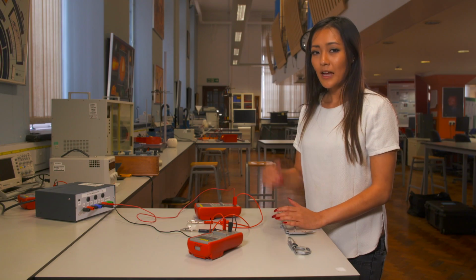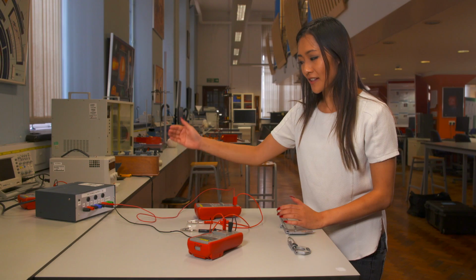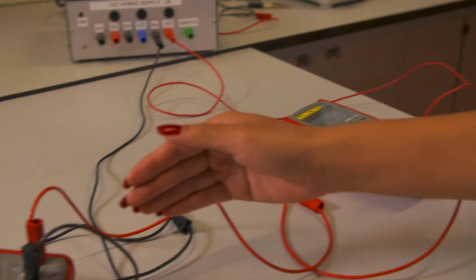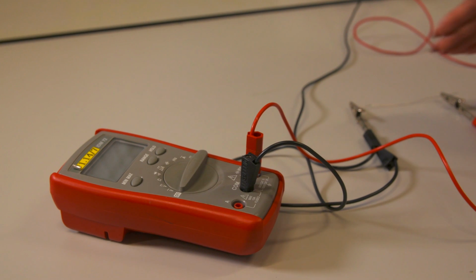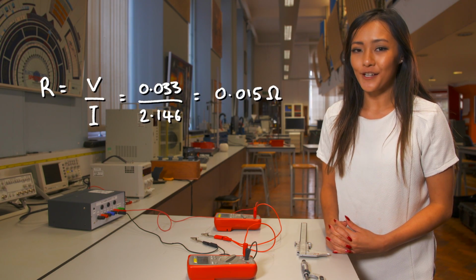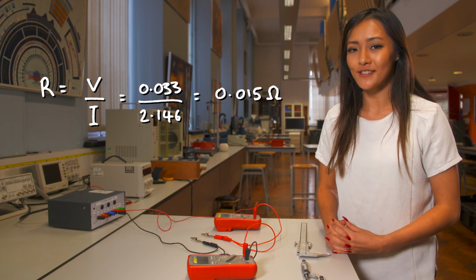The length of my wire is 10 centimeters. A power supply is used to generate the current, which an ammeter is used to measure. The voltmeter measures the voltage across the wire. Recall that resistance equals voltage divided by current. This means we get a resistance of